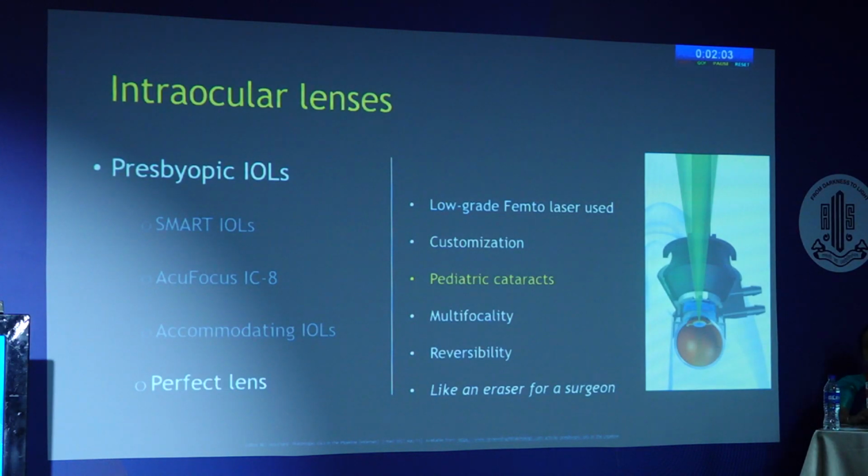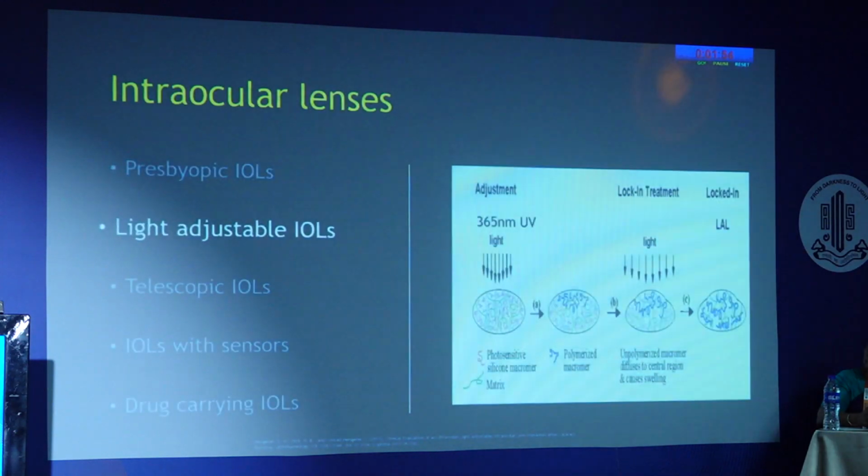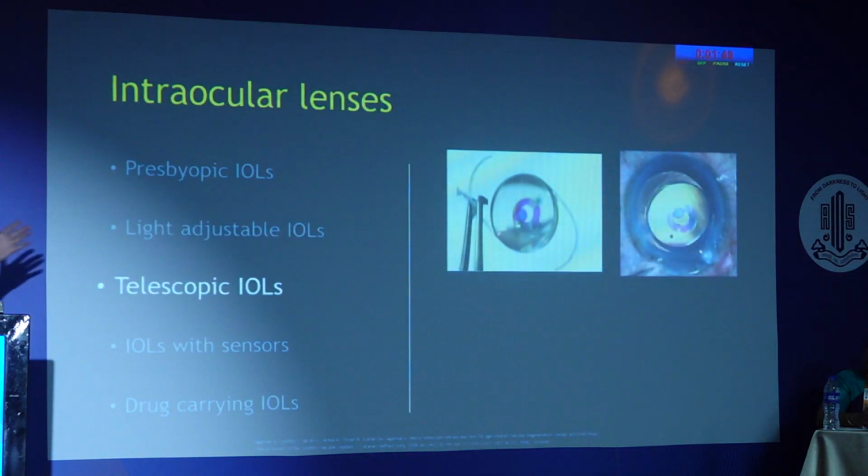Additionally, multifocality can also be added, and in case the patient doesn't tolerate it, it can be reversed, just like an eraser for a surgeon. Next up are the light adjustable IOLs, which are made up of photosensitive silicon macromer, allowing the use of UV light for post-operative adjustment. Telescopic IOLs, this is a Lipschitz macular implant which has two mirrors in the center, magnifying